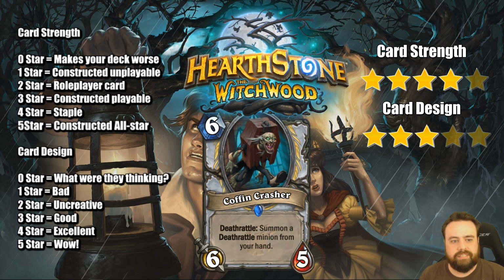Coffin Crasher, 6 mana, 6/5. So it's got the Bone Drake stats and a Death Rattle like Bone Drake. However, unlike Bone Drake, this gets you tempo. It's going to pull a Death Rattle minion from your hand directly into play once it dies. And because it has 6 attack, your opponent really can't ignore it for too long, and you're going to